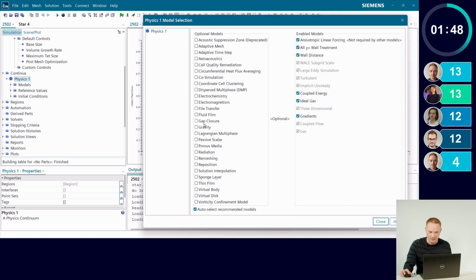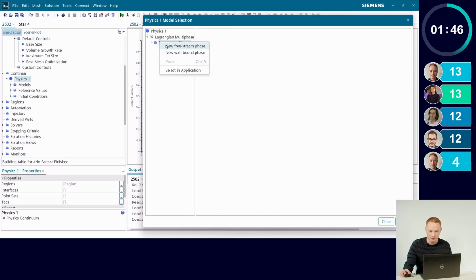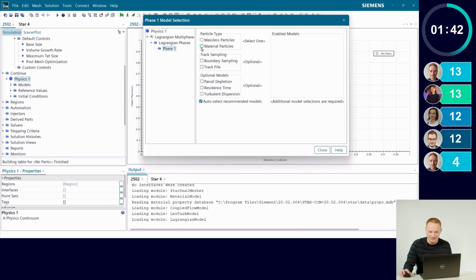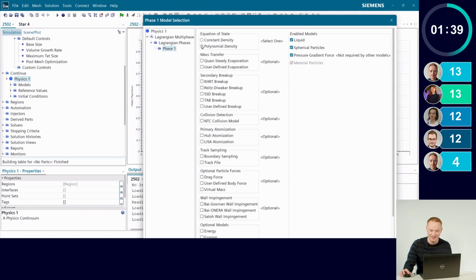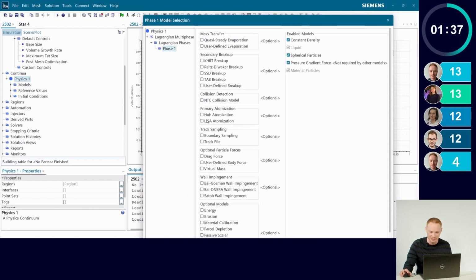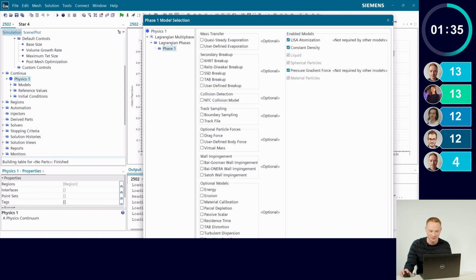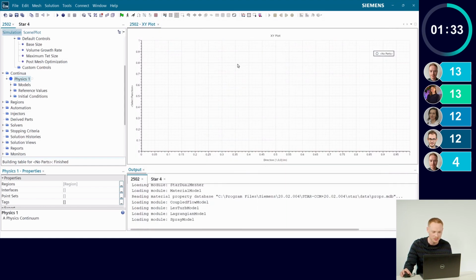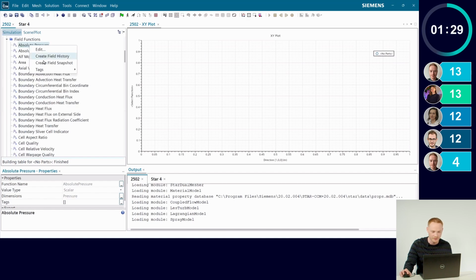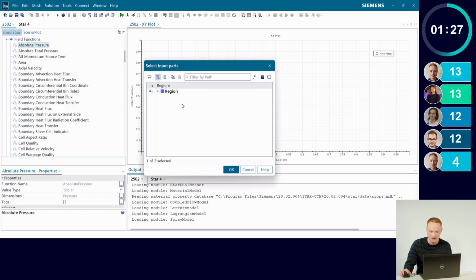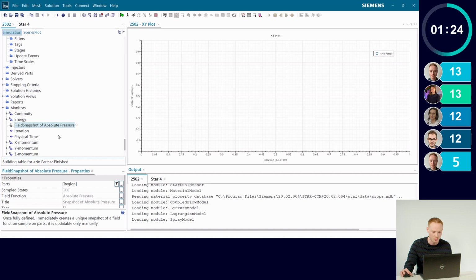ALF, yep, come back to that. I need Lagrangian for one of the features that may or may not have been mentioned earlier. Very interesting physics continuum. Yeah, it's not very sensible, but it all serves a purpose for the most features possible. Now that that's all set up. Field functions, this is a new one. This is field snapshots. So again, you can basically have a quick snapshot of an individual field.